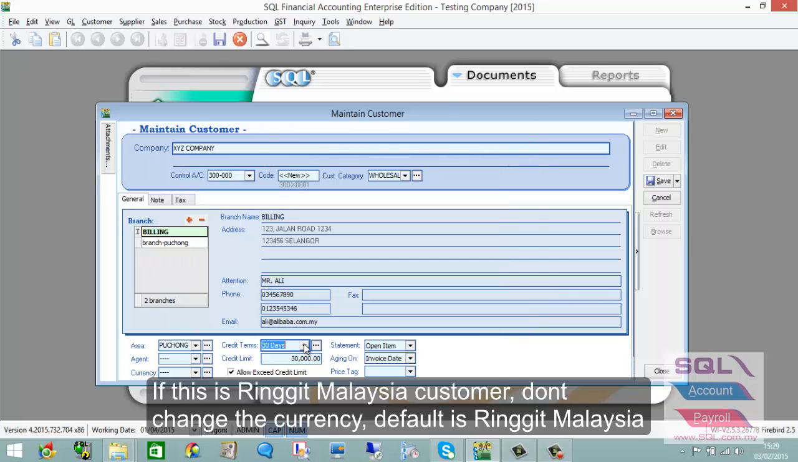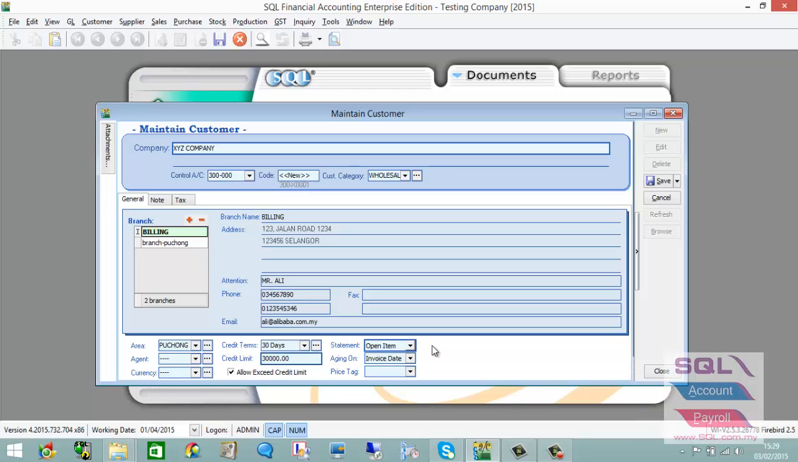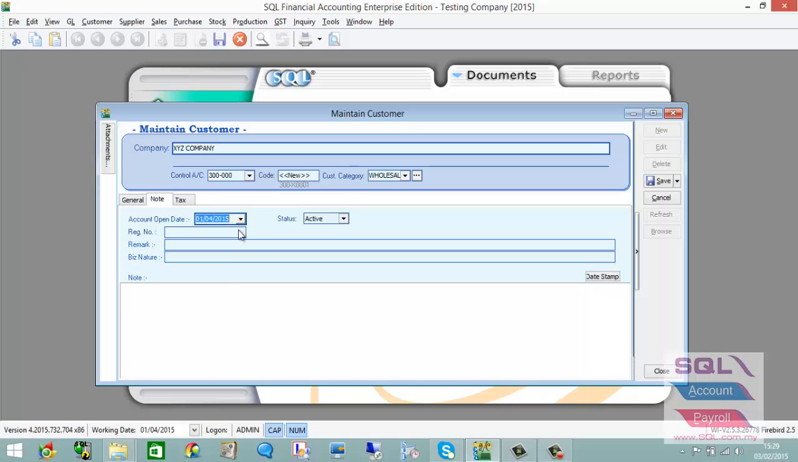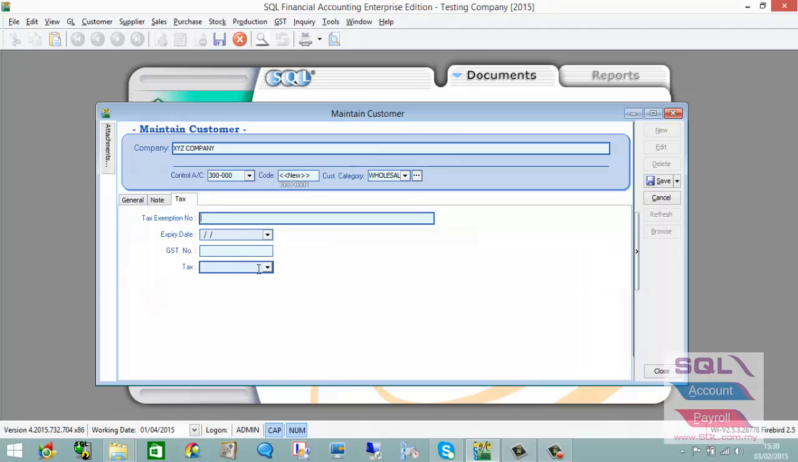The terms you can select, add the terms you want, the credit limit, whether you allow this customer XYZ to exceed the credit limit, whether you choose open item for a statement or brought forward statement for this particular customer, and all the other details. And then of course you can add in any additional notes of business nature or registration,